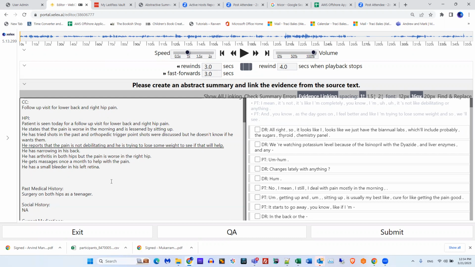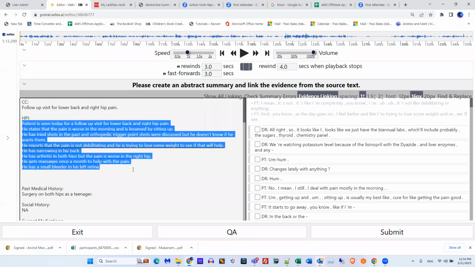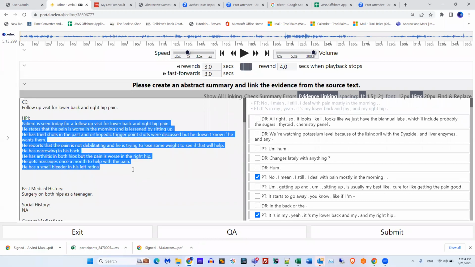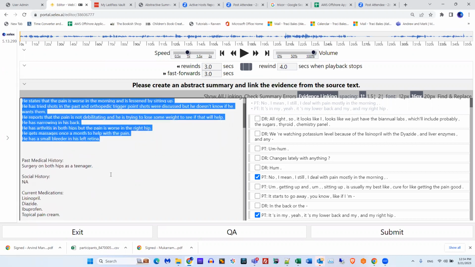I don't know if I said earlier, in the HPI, you do want the current medications that the patient is on for the issue. You want the history of the present illness, even if you have those in different areas.